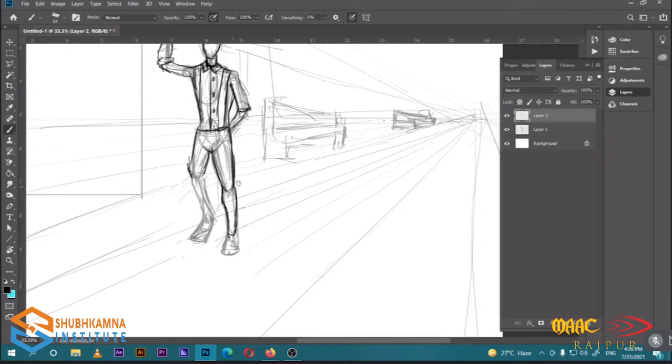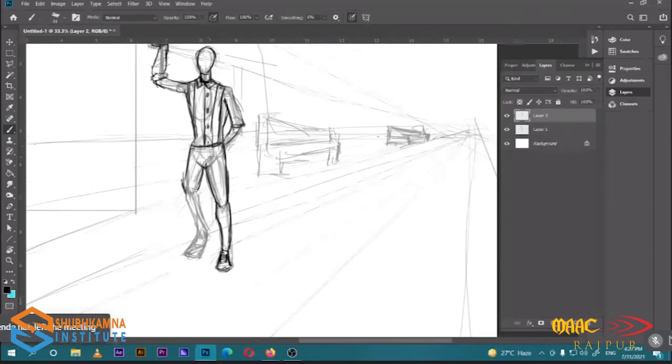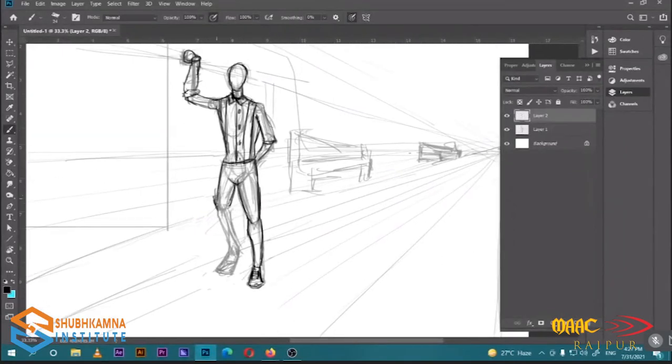So I'm just creating this one as a character which is from very old times, and then we are going to put that character in a bit of modern or futuristic world. I'm not sure, but let's see which era I'm gonna put it in, right? So let's see. Let's put this to the depth.